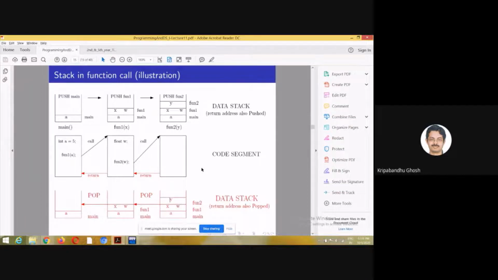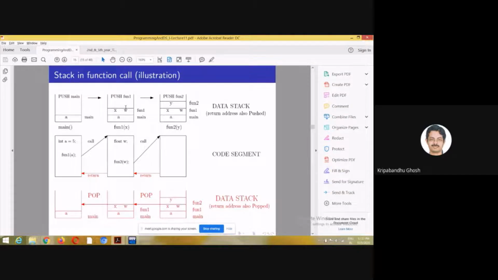I gave you an example of how to keep track of the path you may traverse in a very complex network, right? At each turn, you would have kept some markers. These are those markers. We need the most recent information first. When we're coming back from function 2, we need information of function 1 and not main, right?